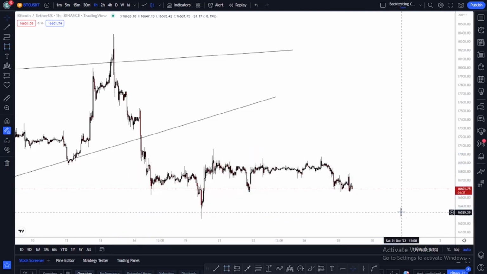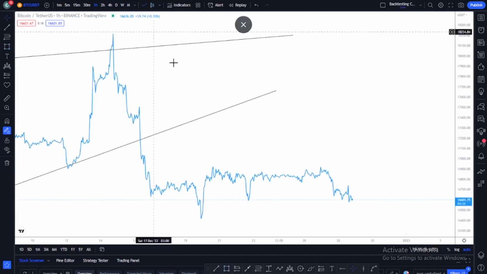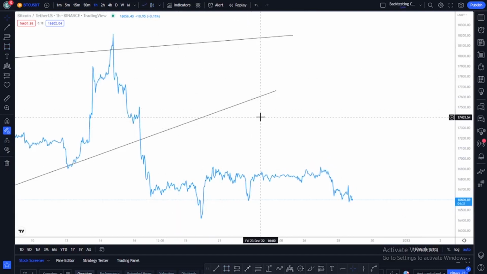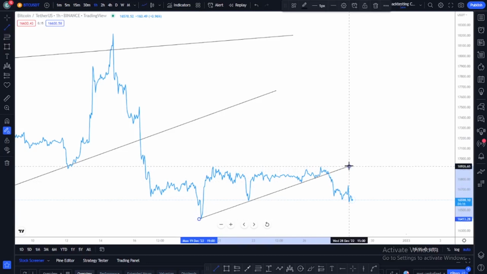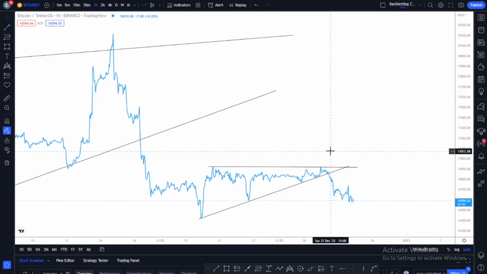So all what I did was to go back to my line charts, and looking at our line charts, what can we see? Yeah, it gave me a confirmation price was creating a new pattern. Alright, so all what I did was to draw my trend line from this point right across to this point, okay, and draw another one on top from this point to this point. And this chart pattern is called the bearish pennant pattern.